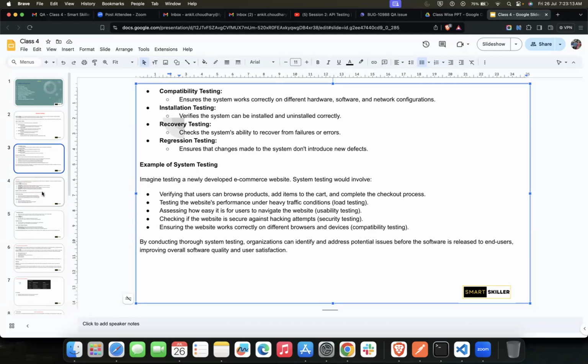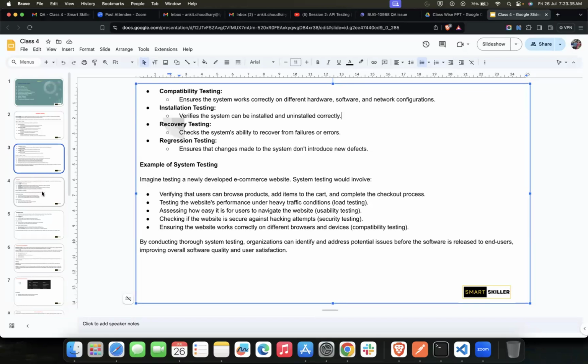You need to fulfill those criteria in order for that software to work on your system. So that is what compatibility testing is. If we say the minimum requirement to run a game is i5, i3 and 8 GB of RAM, then we must make sure that the minimum requirement is fulfilled.